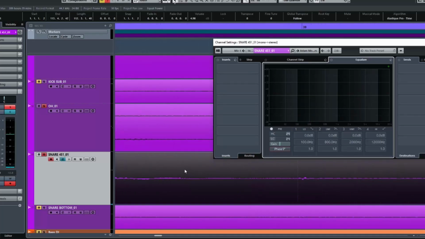Now we can double check that by zooming in to a snare hit, and we can see there that it is going down, then up, down and up. So it is in phase. It's slightly off, but then again, you could correct that if you wanted to, but that's not normally always the best thing to do. Unless you're hearing problems, I wouldn't do that, because you should expect some difference here,